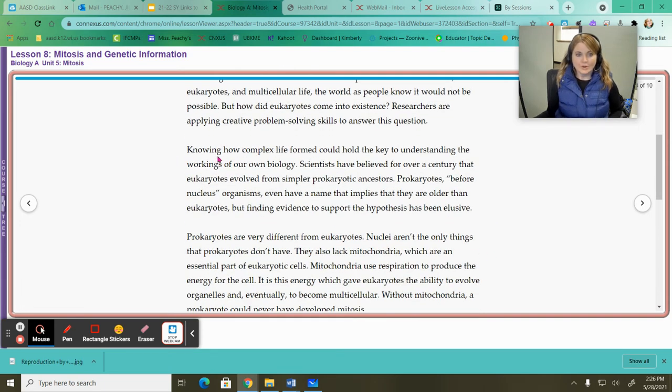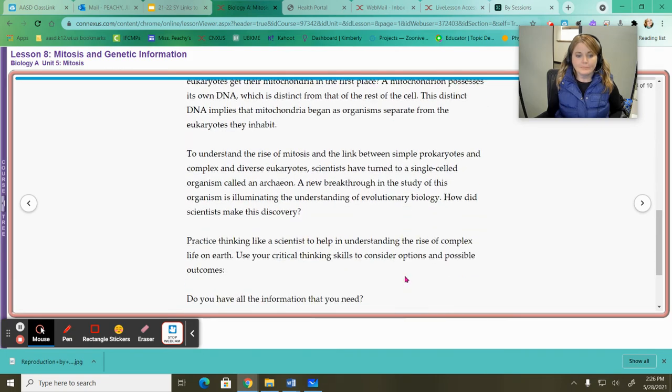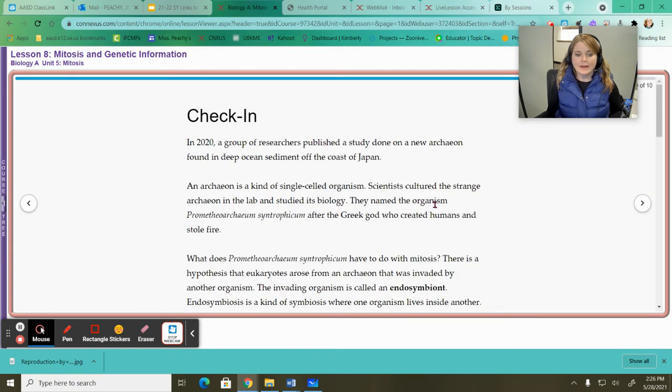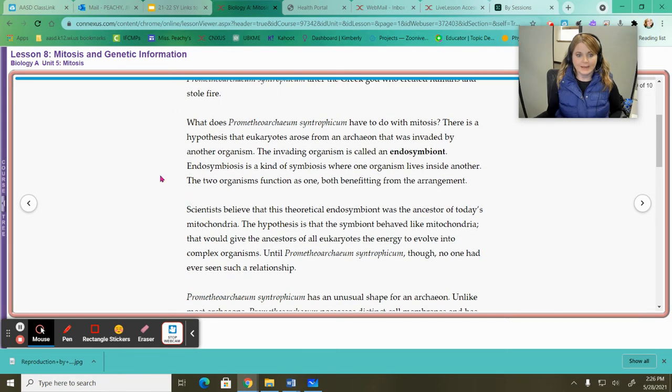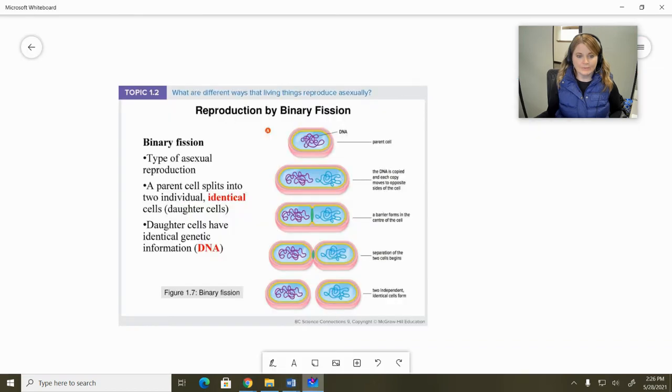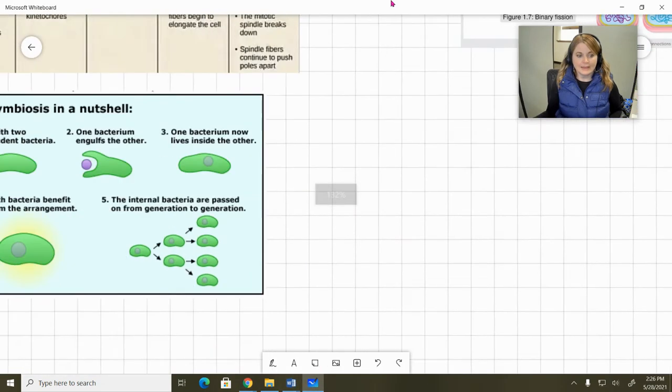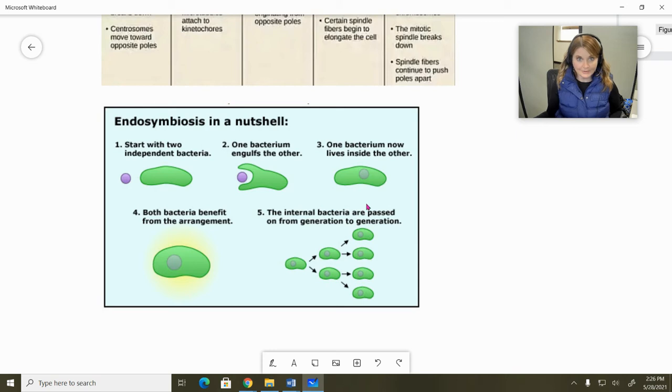So it says how knowing how complex life formed could hold a key to understanding the workings of our own biology. Scientists have believed for over a century that eukaryotes have evolved from simpler prokaryotic ancestors. And this is something, as it goes on to talk about, called endosymbiont is what they use here, or endosymbiosis. And what they're referring to is something called the endosymbiotic theory or endosymbiosis,